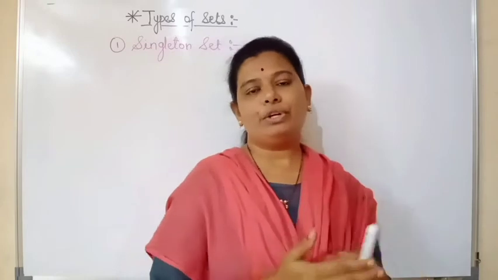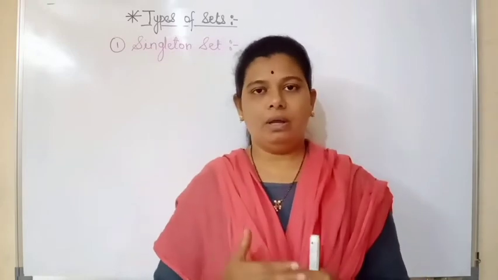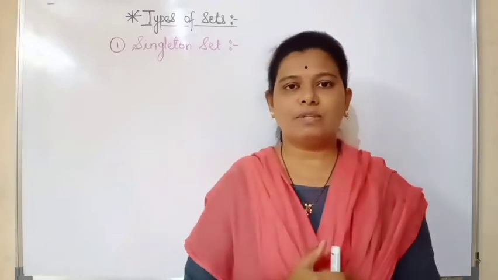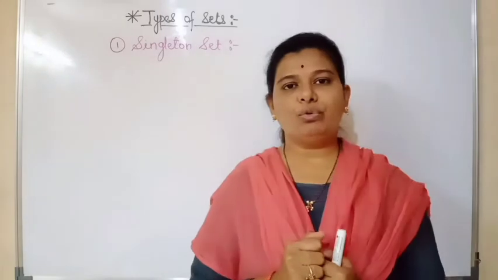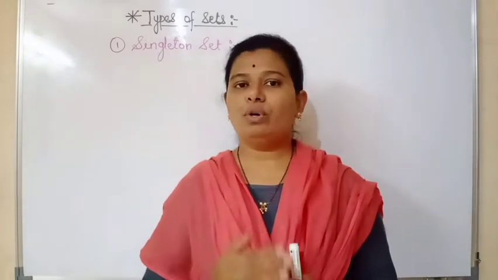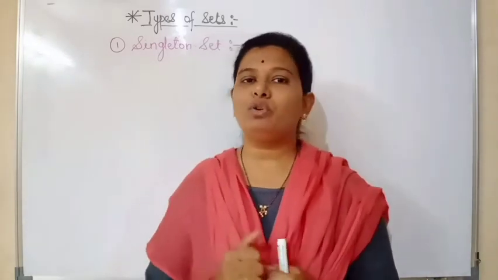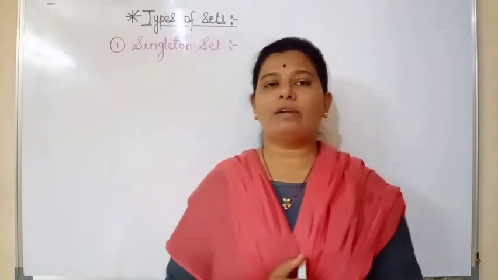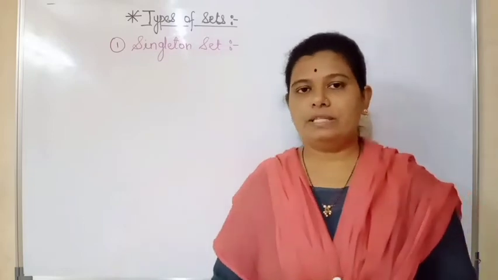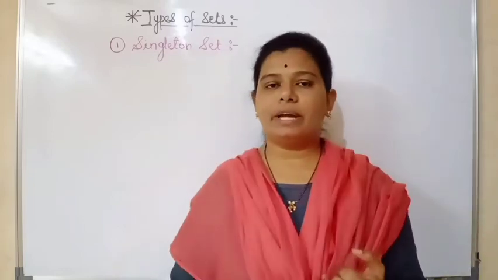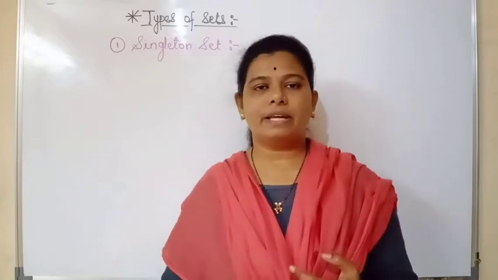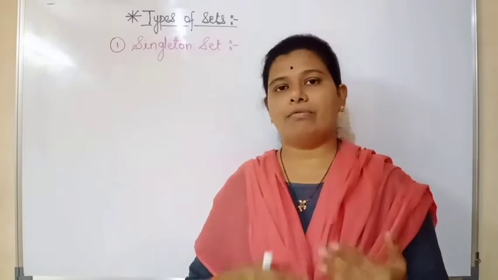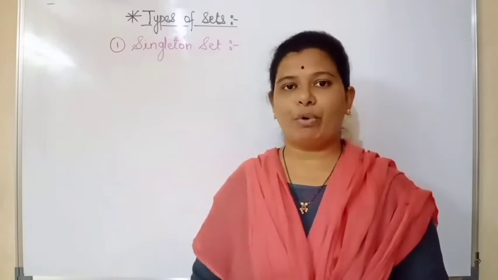As in our previous video, we have completed 1.1, the first lesson, the sets of 9th standard. We have finished exercise 1.1. Now today we are going to start 1.2, but before starting exercise 1.2 we are going to study the different types of sets. There are mainly 4 types of sets: the singleton set, empty set, finite set and infinite set. We'll go through those sets and after that we will see exercise 1.2.